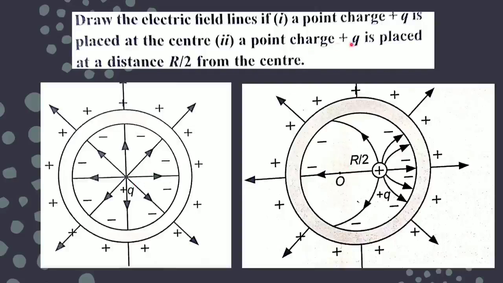And if we are keeping the point charge plus q placed at a distance r by 2, here we place it at the center itself. Here this is the center and we are keeping it at distance r by 2 from the center. Then because the charge will be more close here, the field lines will be more dense here, showing the strong electric field. But of course they are always perpendicular, and the deviation is because of the density only. So this is the way to depict, but in your mind you should be aware that they are perpendicular to the surface outside the conductor.